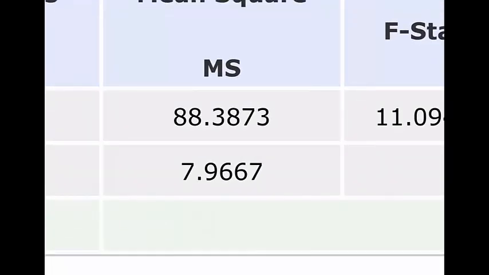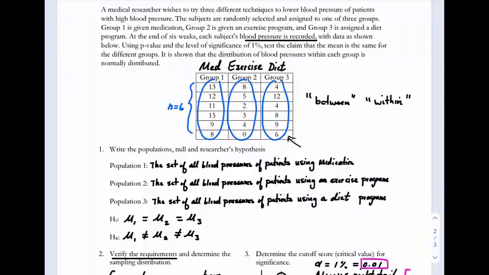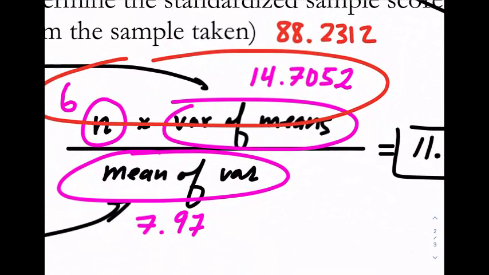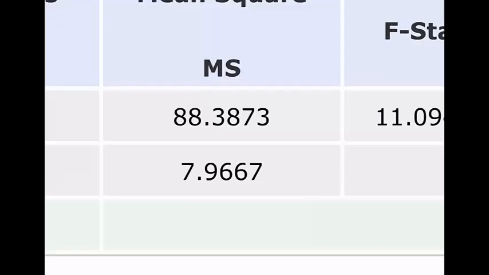The other thing I want to point out is those two numbers that I was dealing with when I did my division, the 88.3873 and the 7.9667. You'll recognize those two numbers. Let's jump back over here to the problem for a second. That's why I highlighted it there. There are those two numbers. This 88 number was that top one, and here's that bottom one. So those are the two numbers that you want to divide, and realize this 88.3873 number is the product